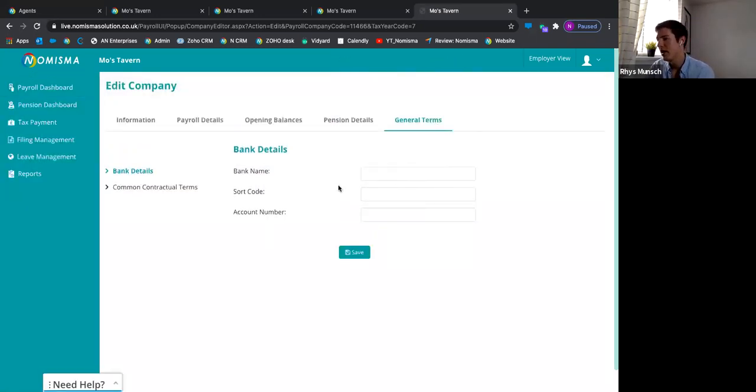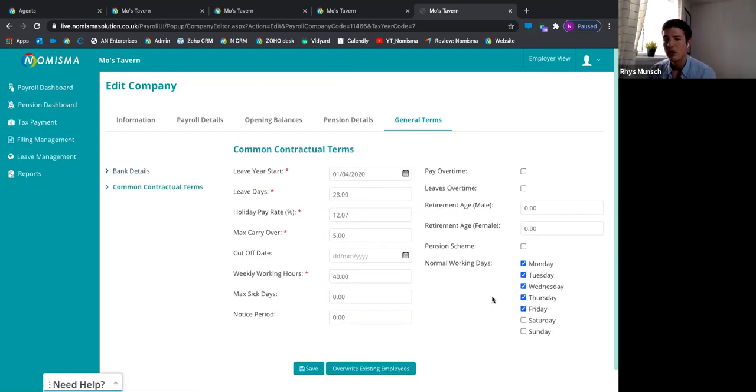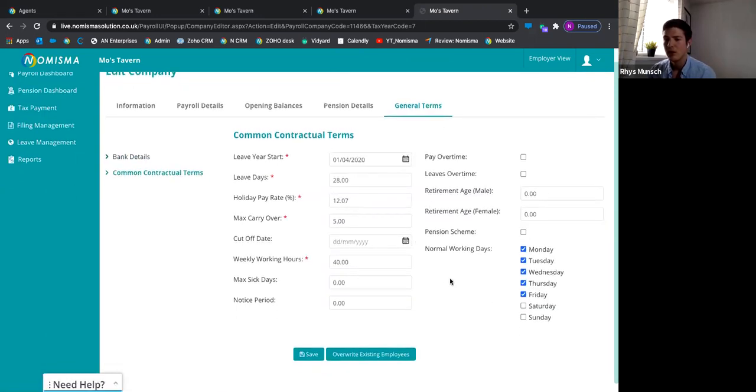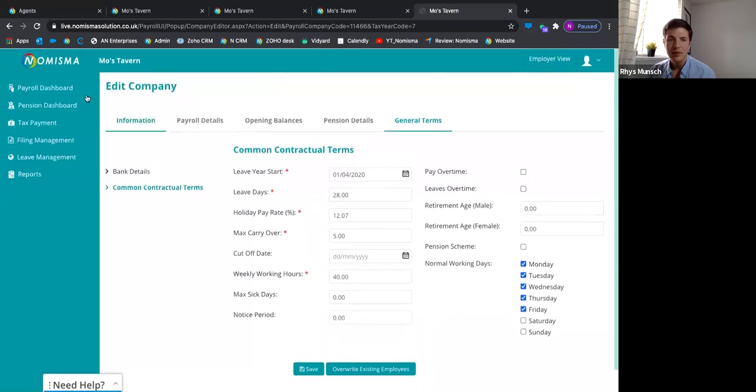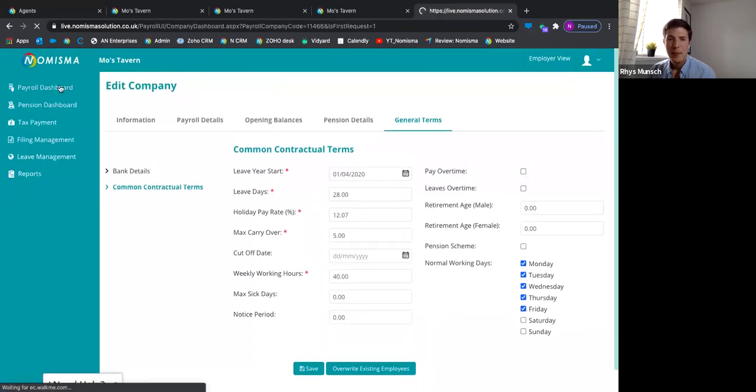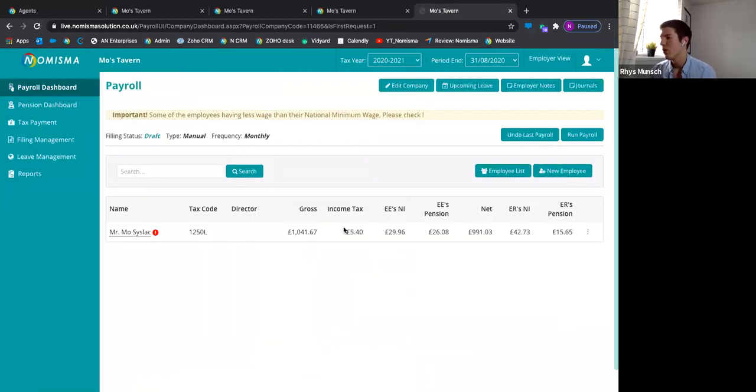So you can have the company bank details. Nomisma will create the BACS form for you, ready to give back to your client to do the payment. Common contractual terms. So you've got all the rigmarole there that you need for the payroll to be accurate. Payroll dashboard. So also from here,